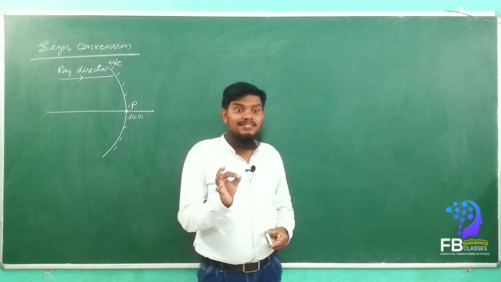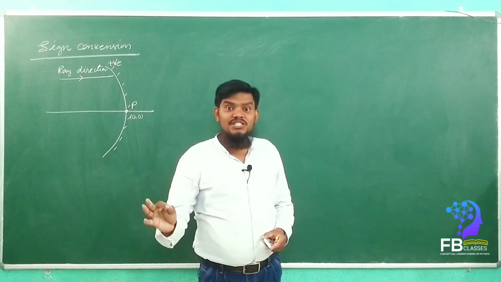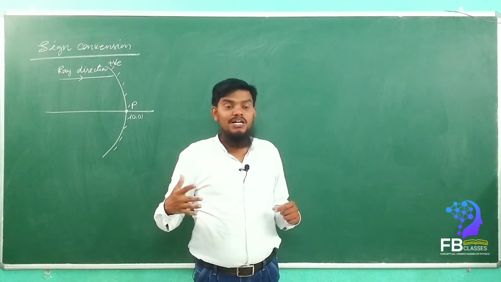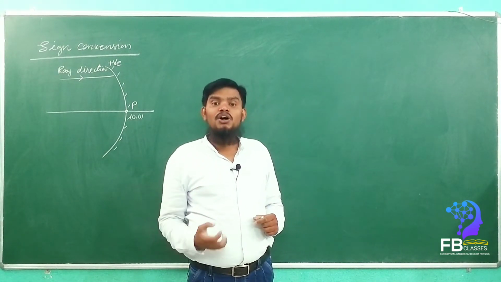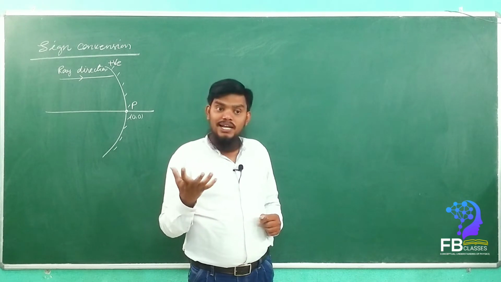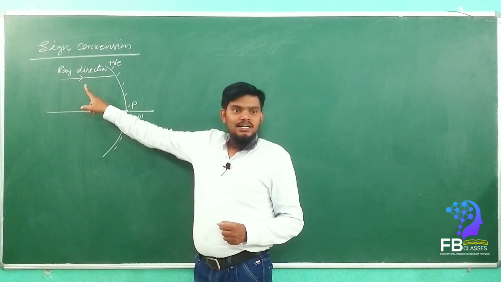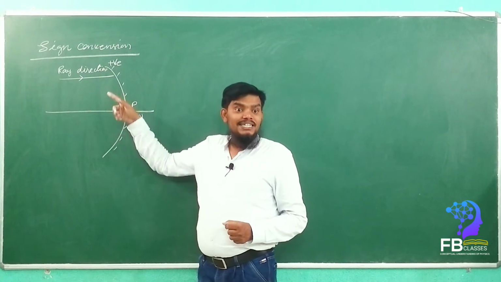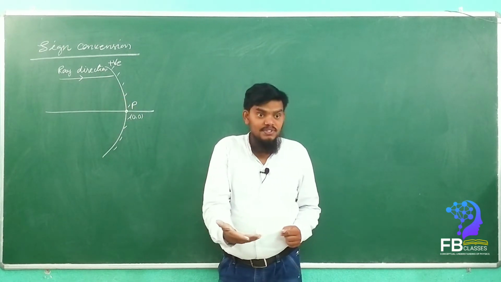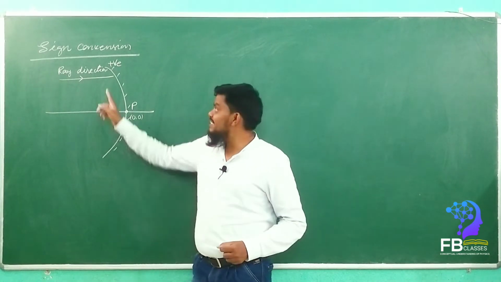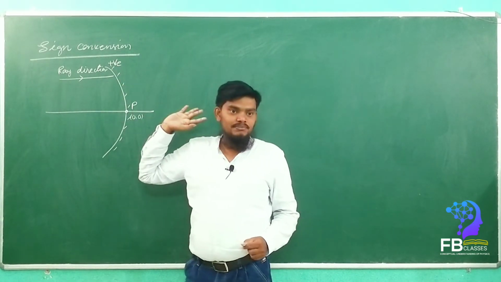I am not saying that the ray which is coming from the object, it may come, it may not come. Why? Because whenever we discuss a virtual object, the light will not come from the virtual object. What I am saying here is that the direction of the useful light ray is considered as a positive direction.